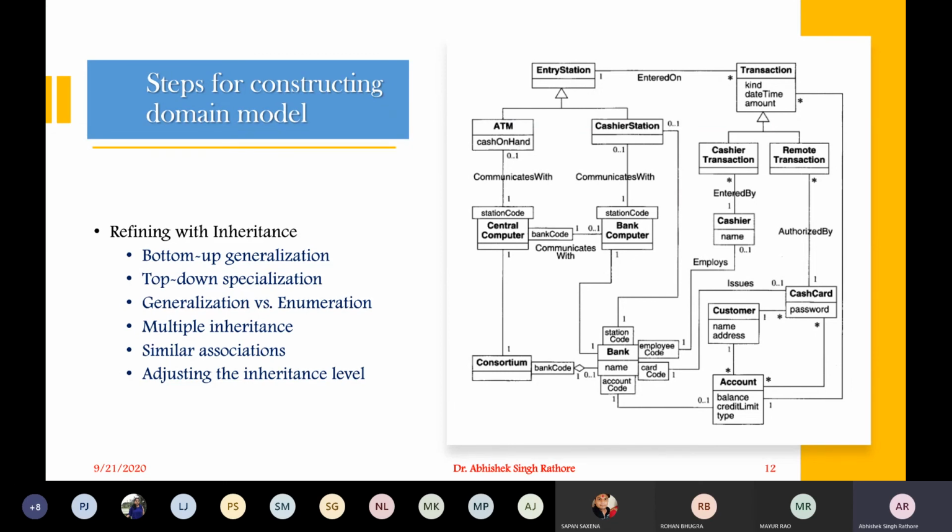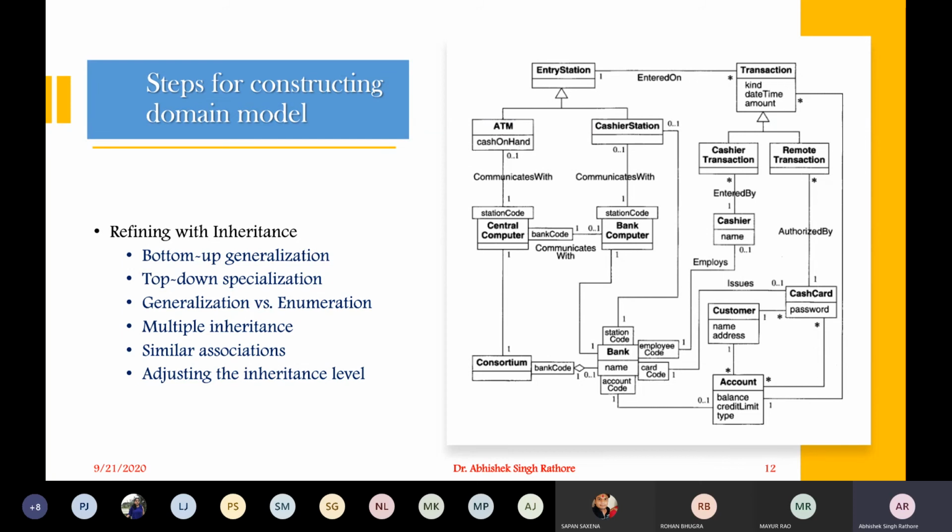But when we are in enumeration, or in the ATM system, this could be considered as an enumerated part, because it doesn't make sense to specialize, as we don't have that much difference. You have a limit that you can take only 10,000 from your ATM card. So it doesn't make sense to identify them as specialized classes. We can go for the enumeration type for this particular type of case.